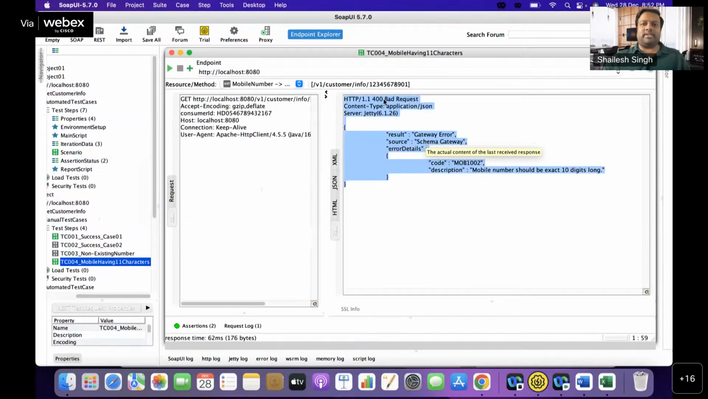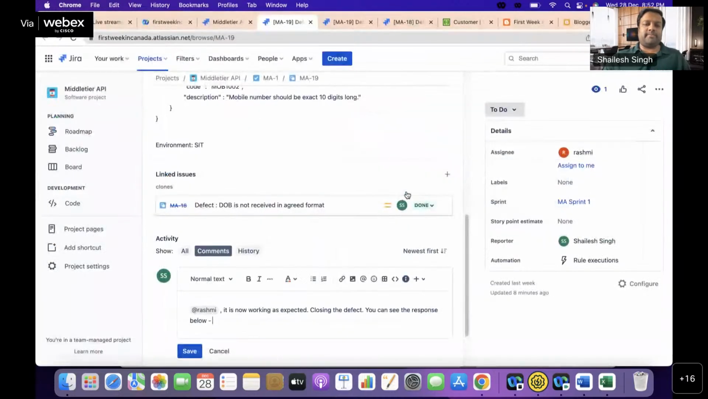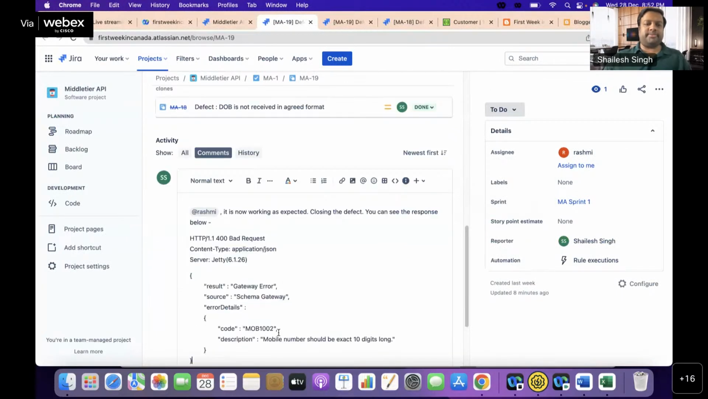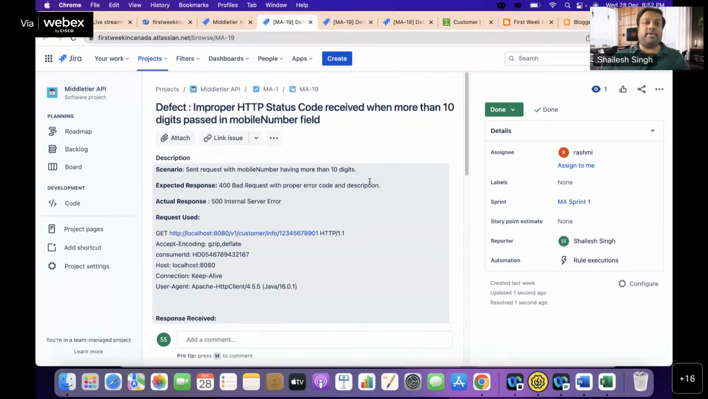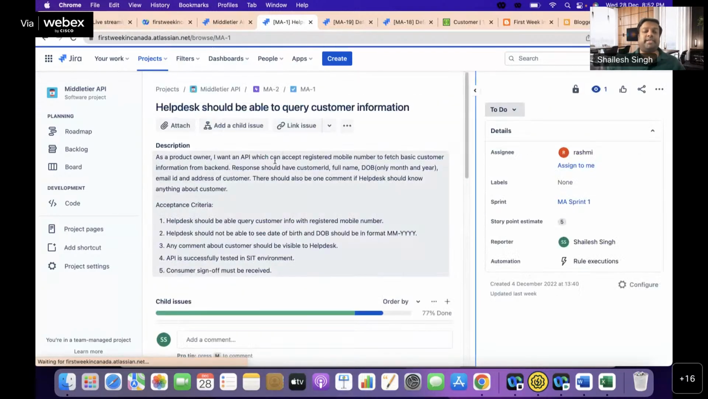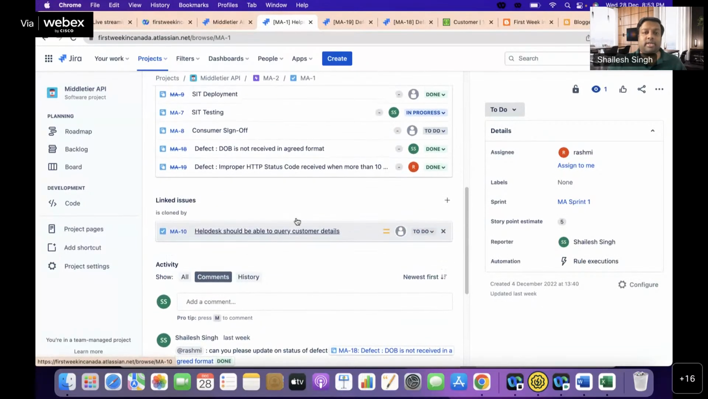Okay, now the 400 byte request is coming. So we will paste it here and we will save it. And again, what we will do, we will make the status as done, right? This defect is done. So now if we go back here to our main story, all your defects are